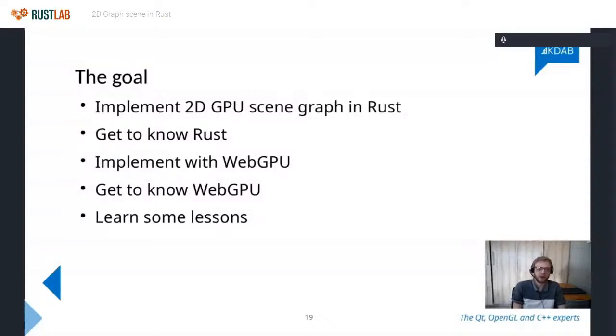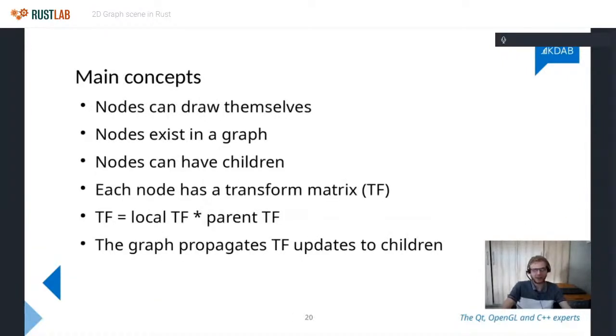I haven't used that before either. And then I also wanted to learn some lessons. So this current incarnation of SceneGraph RS isn't really a serious attempt at building the system I envisioned. It was really just an attempt at going through it quickly, learning lessons, getting to know how to actually do it properly. And as I said, this is the first time I'm trying to build something in Rust. So obviously, I did everything Rust specific very wrong as well.